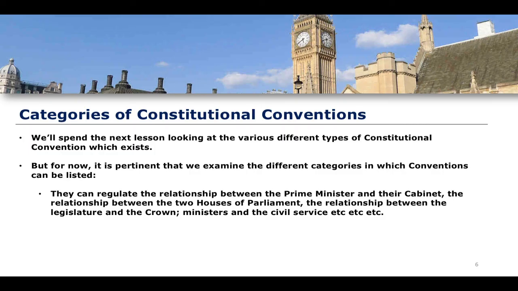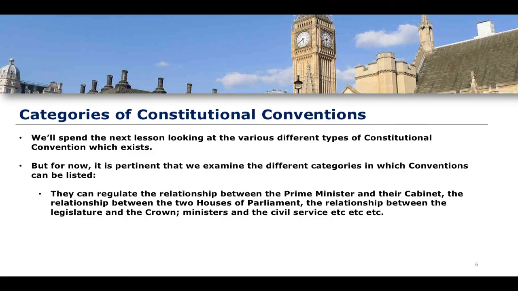Prime Minister and Cabinet, you can think about the concept of collective ministerial responsibility. This is a major constitutional convention that essentially a cabinet ought to show a united front on policy decisions, even if the people in question do not necessarily agree with the measure being imposed. The relationship between the two houses of Parliament, one that we have already spoken about, is known as the Salisbury Convention, which says that the House of Lords cannot and should not be striking down legislation that forms part of a government manifesto pledge.